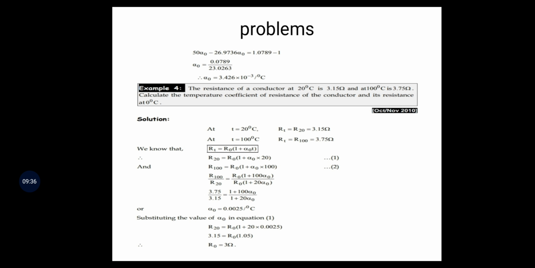Another problem. The resistance of a conductor at 20 degree centigrade is 3.15 ohms, and at 100 degree centigrade is 3.75 ohms. Calculate the temperature coefficient of resistance of the conductor and